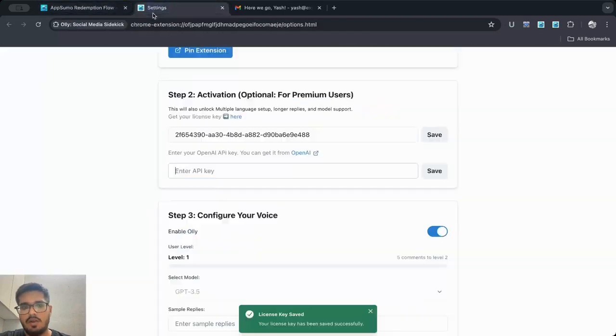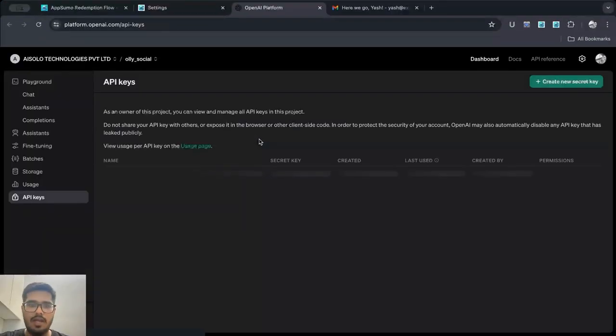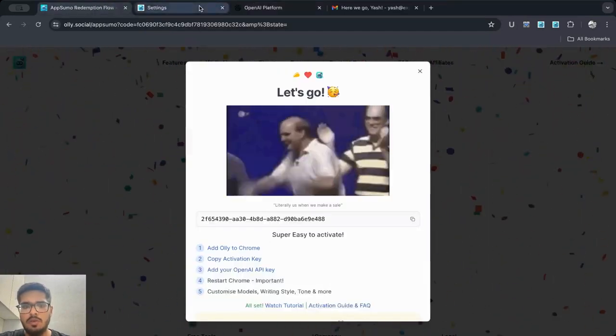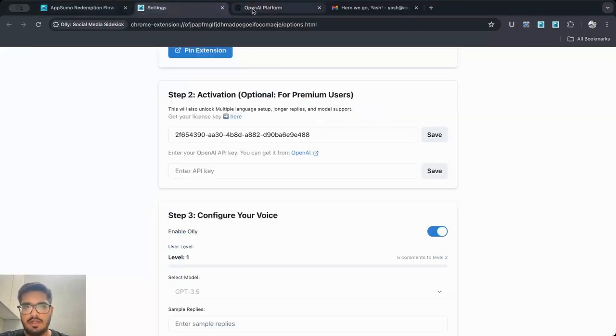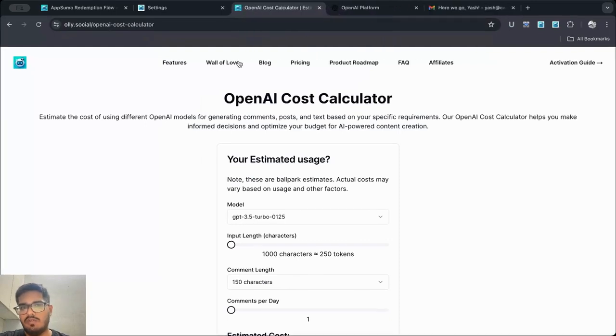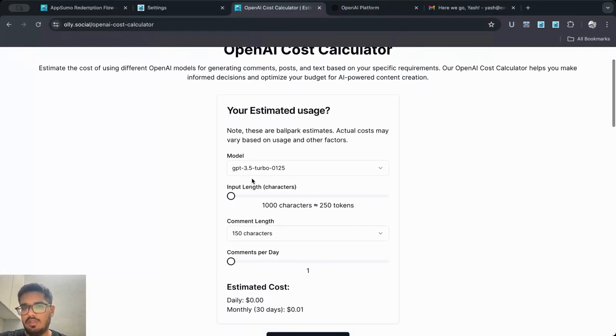Then go ahead and get your OpenAI API key. For that, you can click here. This should open your OpenAI API account, and you can go ahead and create a new key here. If you are curious about how much it might cost, I will also be adding a link to the OpenAI calculator here, which will look something like this. This will help you estimate the costs you may potentially bear depending on the model you are using